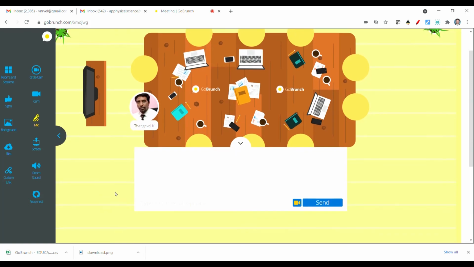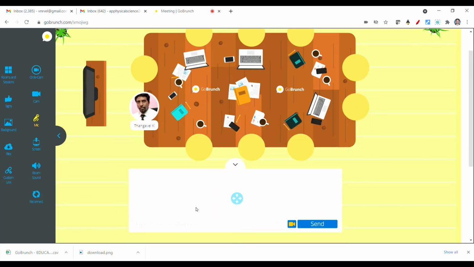Now you can see the window box here. This is a window box. There are arrows like up and down, left and right, so you can drag it wherever is possible. You can paste here. You can type a message. There is a conversation box. Hello students, so you can type a message to your students. It will appear here. You can minimize the box.